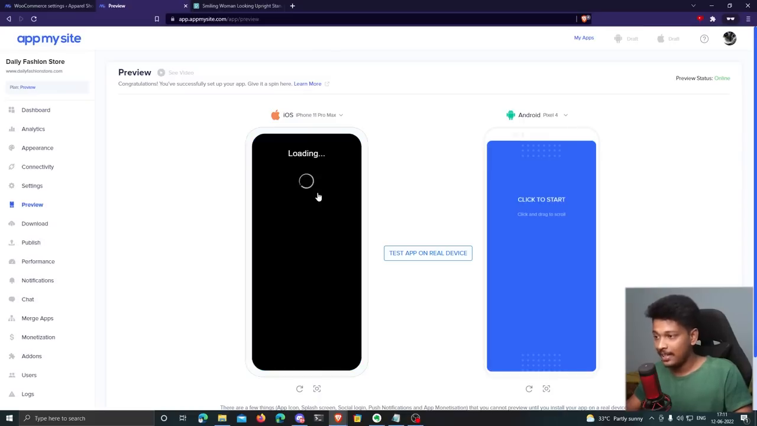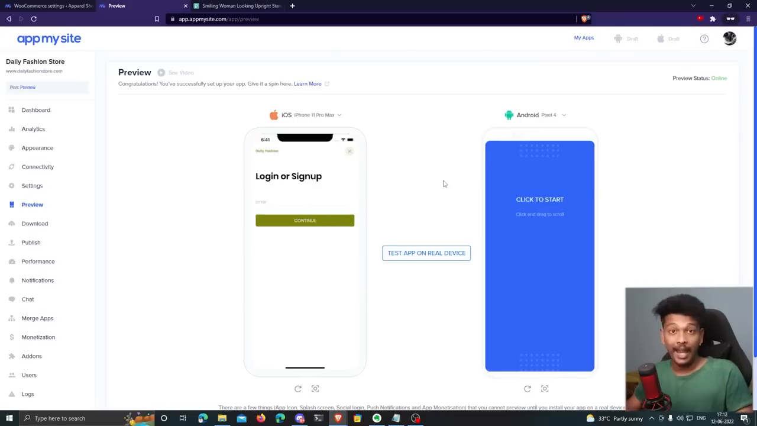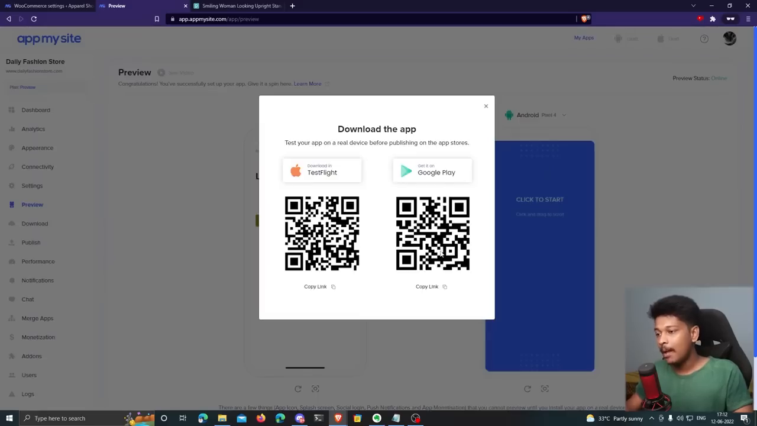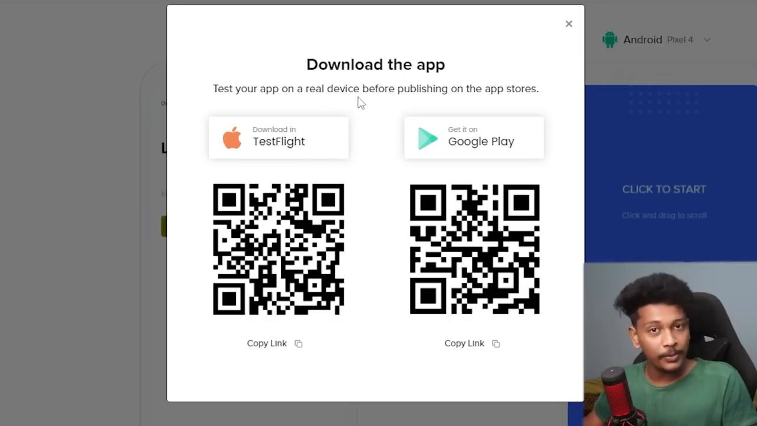So if you just click here, that will load up the app, install it, and you can basically preview it like that. And hey, you can actually test your app on the real device as well. Just click on test app on real device, and it gives you two options, whether you're on iOS or whether you're on Android. So I have an iOS device with me, so I'm going to test this app on my